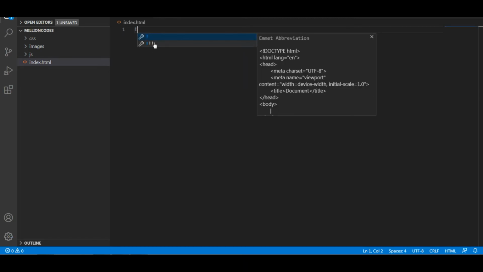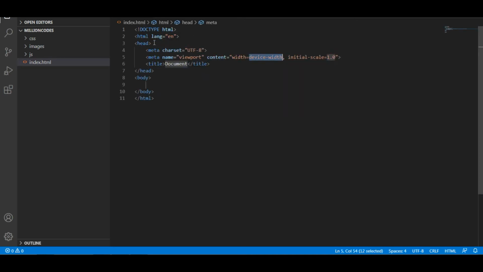If you give the exclamation mark, you will get the predefined code in Visual Studio Code. So give the title as million codes. Okay, we'll give a sample text as hello world. Okay, let's see in the browser.